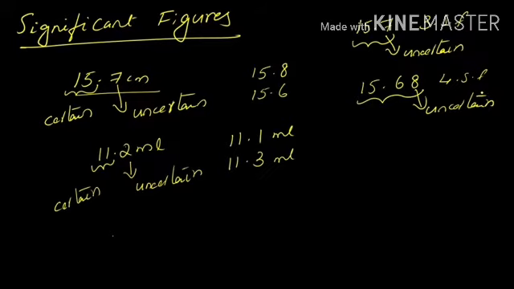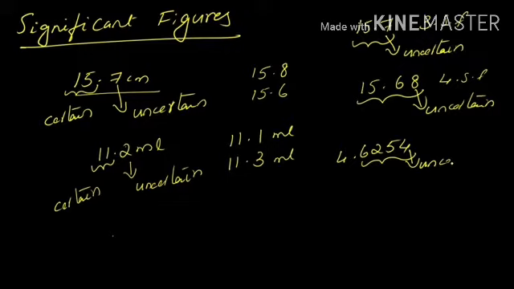Now we can look at another example. We know that in chemistry we will be measuring very small values. So we can measure very accurately the mass of any substance using the analytical balance. If we are using the analytical balance, we will get a very accurate value. So for example, 4.6254, it is very accurate. So it has 5 significant figures in it.